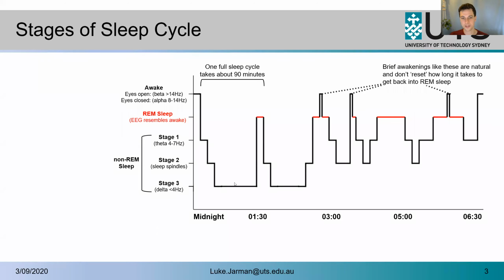And then stage 3 is your slow wave sleep, and it looks like really slow, really high amplitude EEG waves. We looked at what delta waves look like last week, and they have a frequency of less than 4 hertz. So these are your 3 stages of non-REM sleep. Sometimes in older diagrams, you'll see stage 3 and stage 4 separated. More modern diagrams just use stage 3, combining stage 3 and stage 4, because physiologically they're quite similar, and they're both really slow wave sleep.